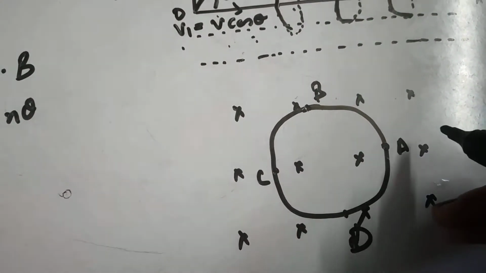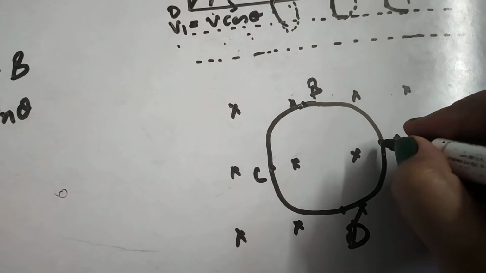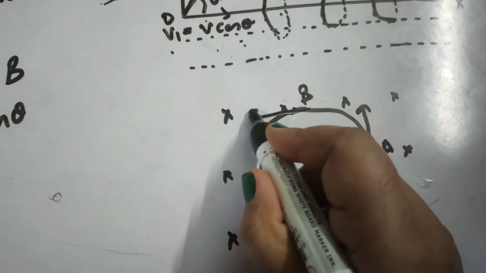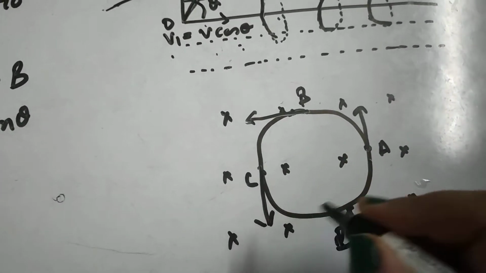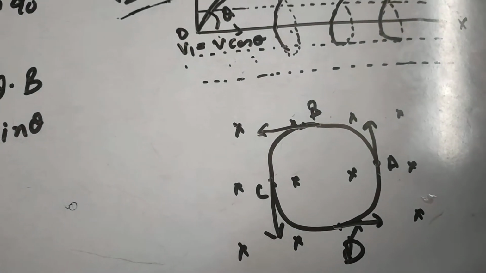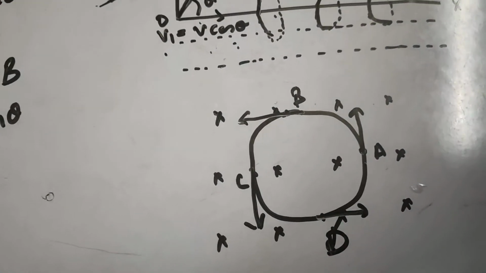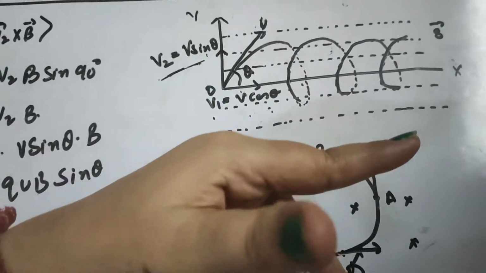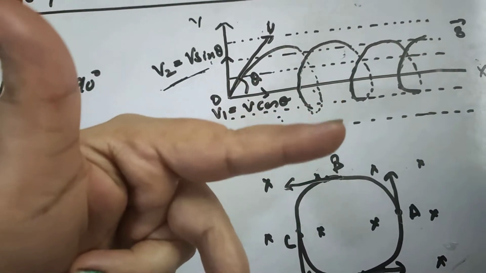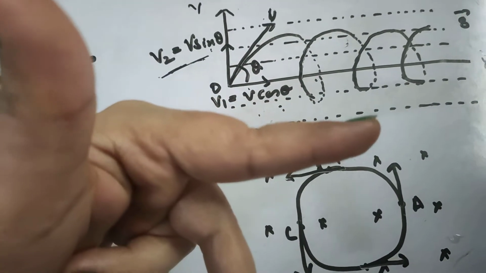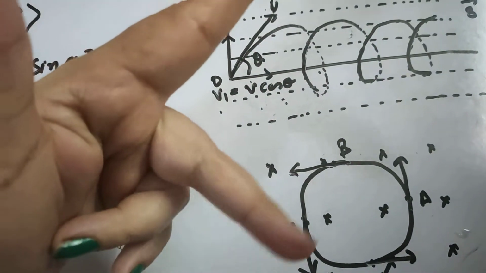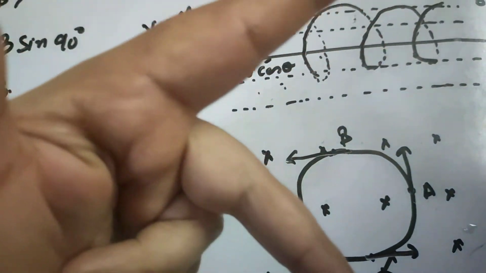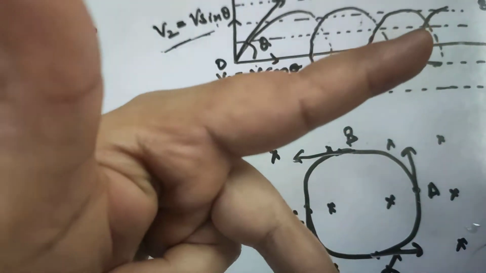Now since the magnetic field is directed inward, at this point the velocity direction of the charged particle is this direction, here along this direction, at C point along this direction, and at D point this direction. Now you can use your left hand rule that we have already done: if we stretch the fingers of our left hand like this, the first finger points toward the direction of magnetic field, and the middle finger represents the direction of the velocity, then the thumb will point toward the direction of motion, the direction of force experienced.